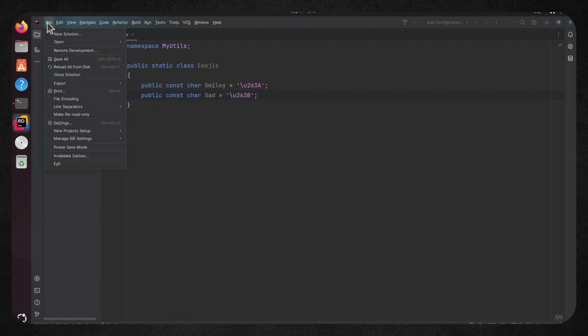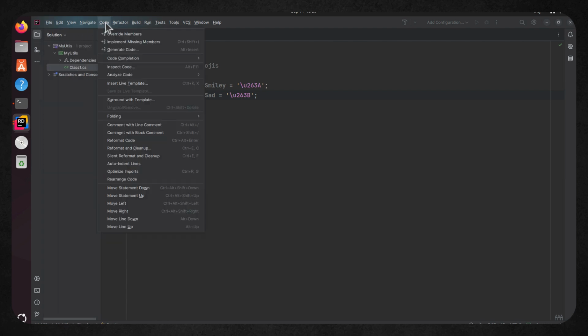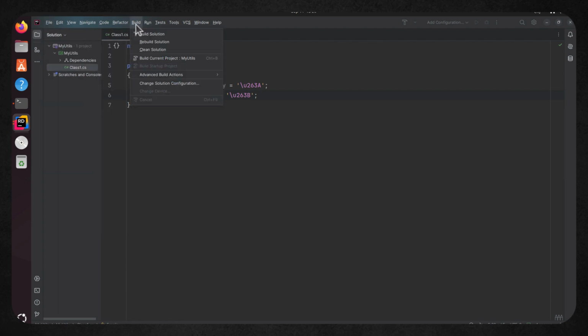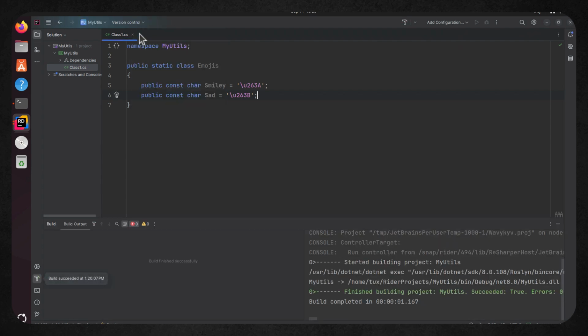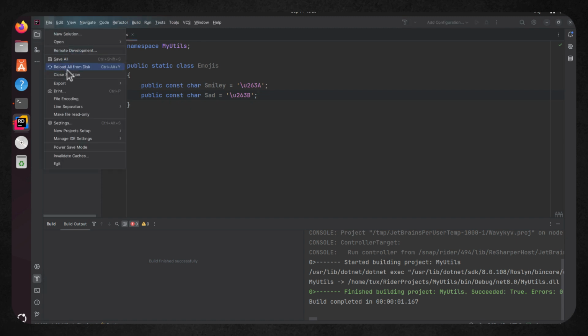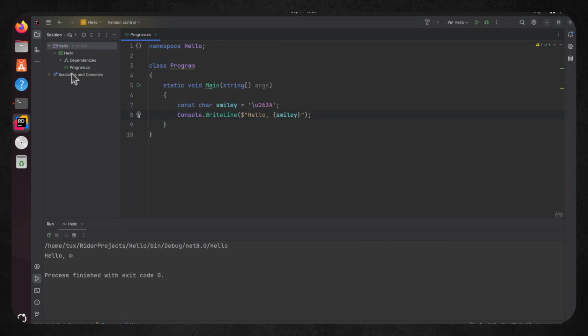And then I can go through and build and compile my DLL file. I can't run it, which would also compile it. I can only build it because this is just a library file. So it's compiled correctly and has created the DLL file. And that would still be a DLL file on the Linux system that I'm using here. I'm now finished with this, so I can go through and close this solution, returning to my original solution.